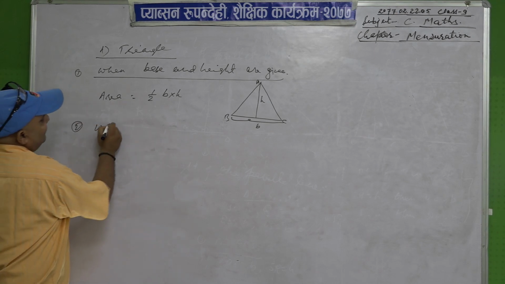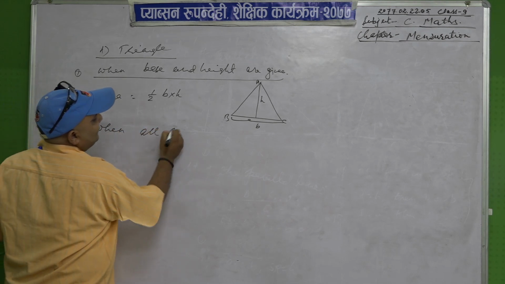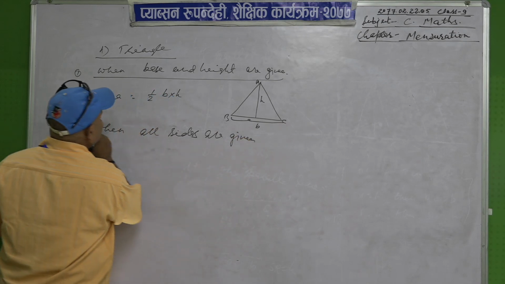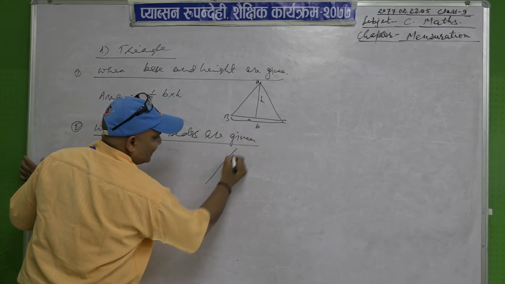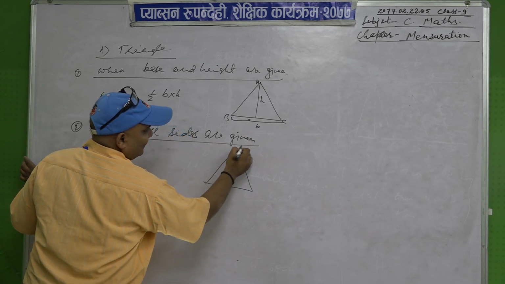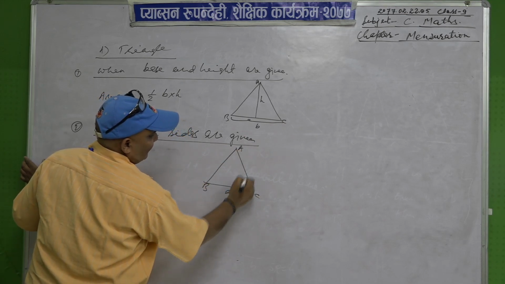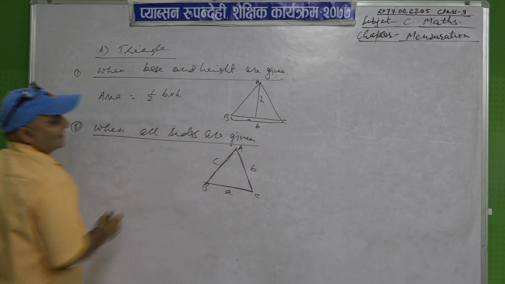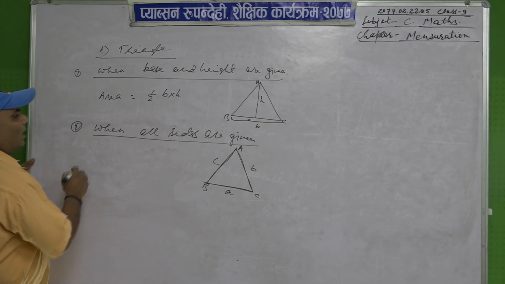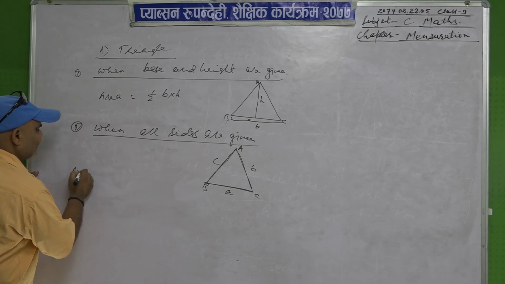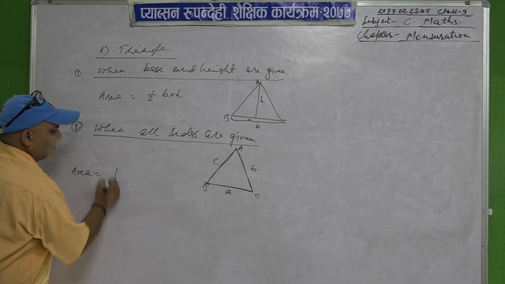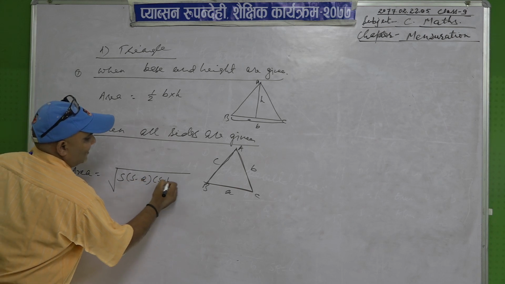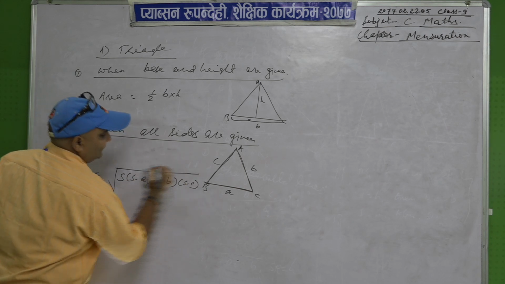2. When all sides are given. Suppose this is a triangle ABC, and the values of this side, this side and this side are given. At that time, how do we find the area? Area of the triangle is equal to under root S into S minus A, S minus B and S minus C, where